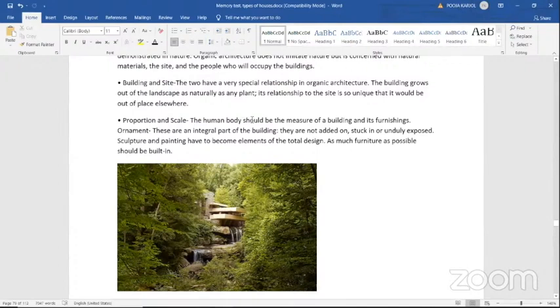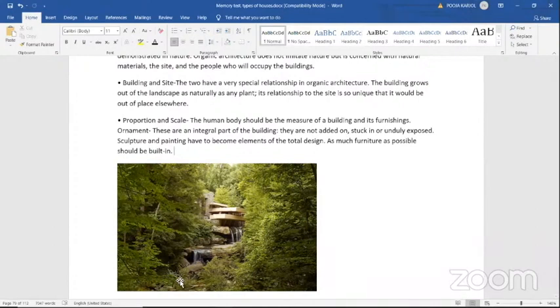Next, proportion and scale. The human body should be the measure of a building and its furnishings. Ornament, these are an integral part of building. They are not added on, stuck in, or unduly exposed. Sculpture and paintings have to become elements of the total design. As much furniture as possible should be built in. The proportion of the building must be human